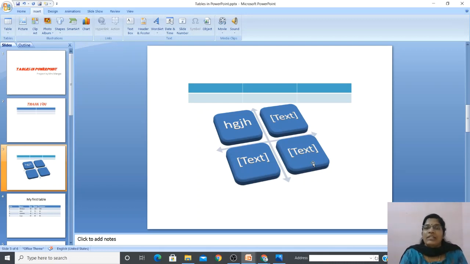And in the first class, we studied about different types of views also. Different types of views like normal view, slide sorter view, reading view, notes page view, slideshow view. So these are the things we covered in this chapter, and students, all of you read the same from your text.